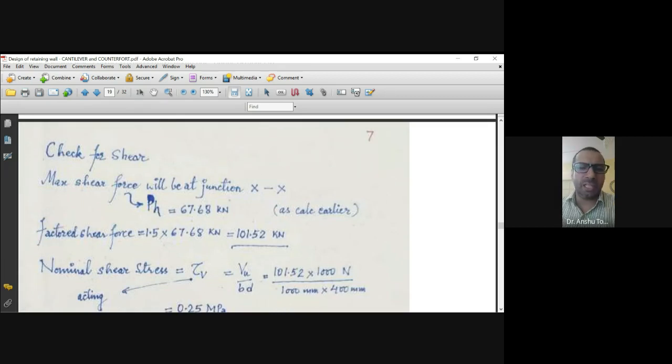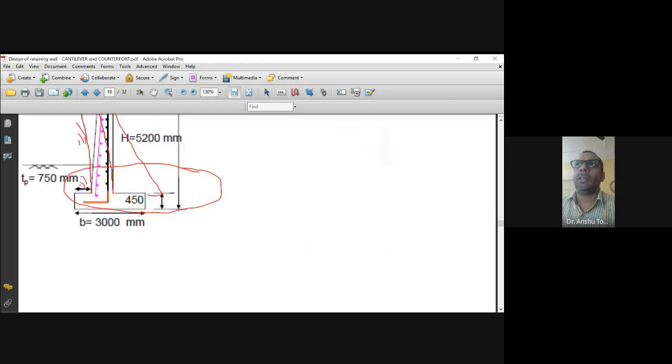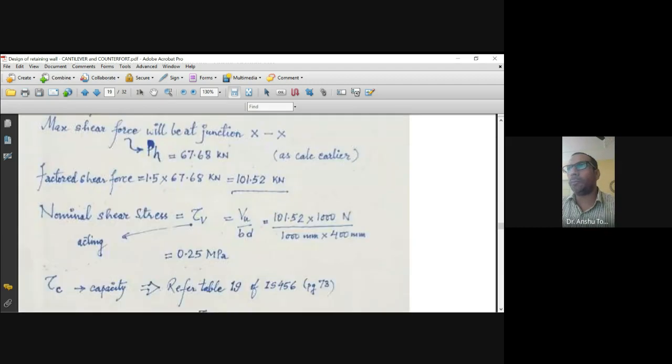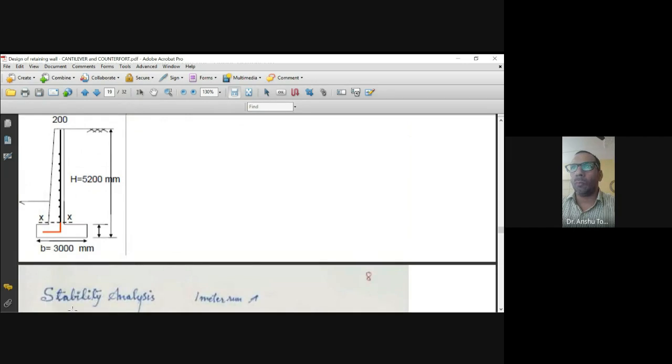Now the next step is check for shear, as we do in columns also, that we used to check the shear here. So similarly, this becomes the shearing zone. Because all the load, whenever we have to find shear, we look at the reaction in the perpendicular direction of the element, how much is coming. That reaction gives us the shear.